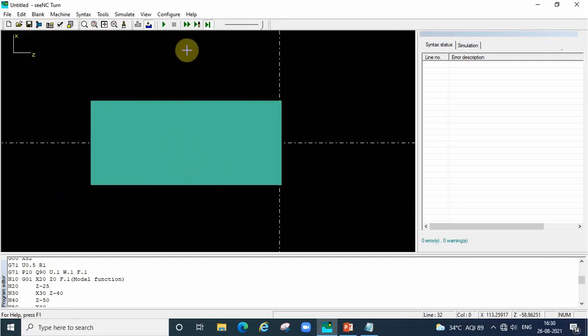Now we will do the simulation. Say enter the program, do syntax, tool selection, machine selection, and then blank. After that we will do the simulation. Already we know these icons. The entire program will run for every tool change, line by line. Start simulation. Select. If you want, we can decrease the speed of the simulation. This is increase, decrease. Selecting all. Start simulation.